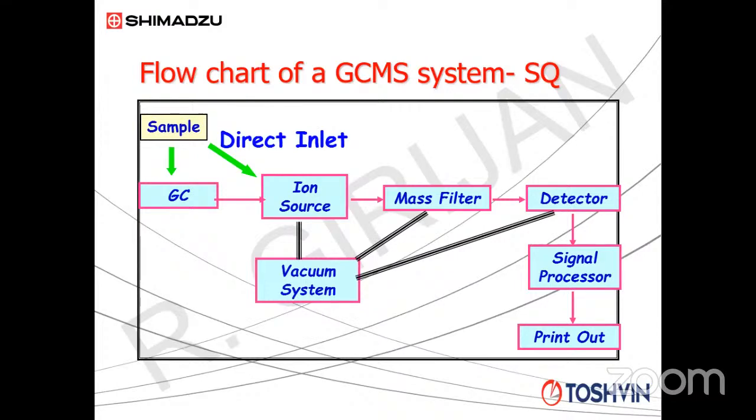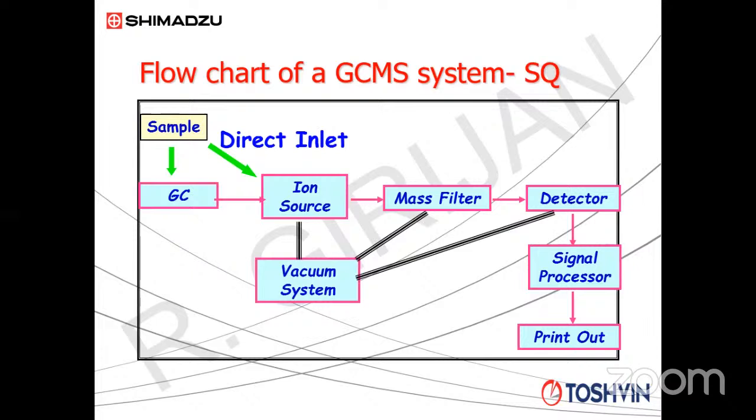You can also see one more arrow there, direct inlet, and that arrow is going to the ion source. I will talk about it a little later. So right now you see the sample is going into the GC. The GC contains a suitable column. You have already selected the right type of column, and the column has separated these compounds. One by one, the compounds will come out. When it comes out of the column,